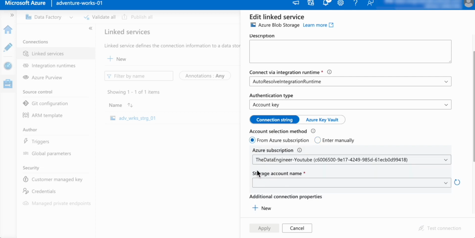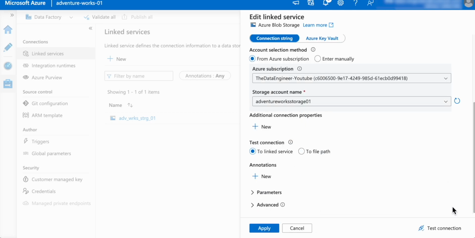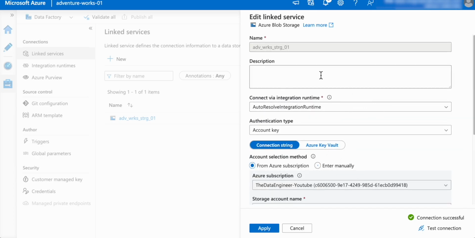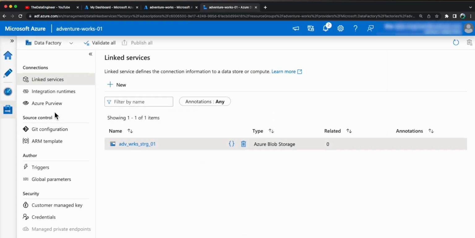You can choose your subscription right over here, and your storage account should pop up under this storage account name. Once you have your name, you can just click on test connection. Once you see that your connection is successful, you can just click on apply. So I have already done this, so I don't really have to create this or update this existing linked service again. So I'll just discard the changes, and let's go back to the manage section, where you have other options